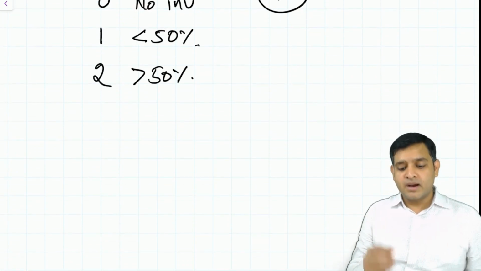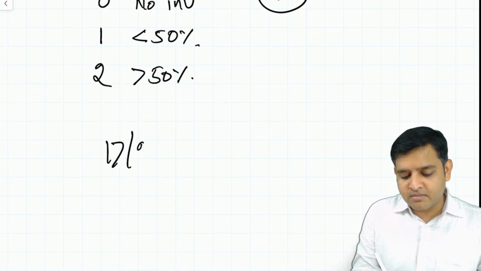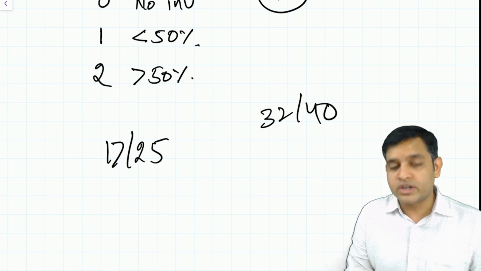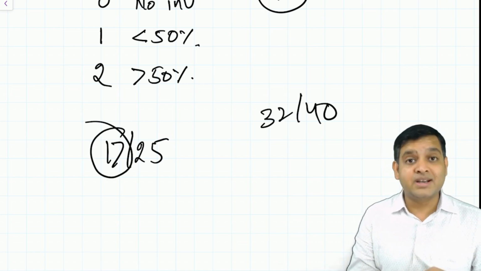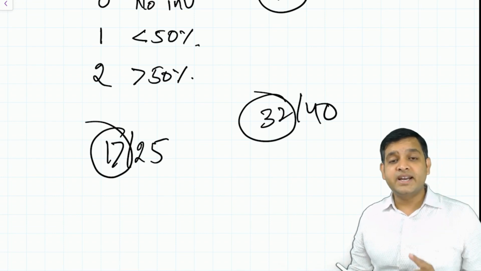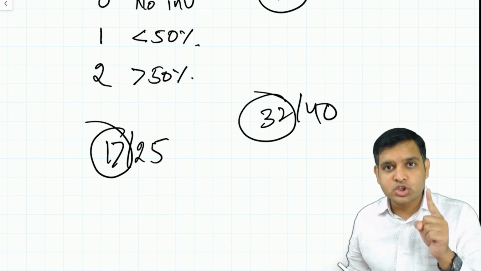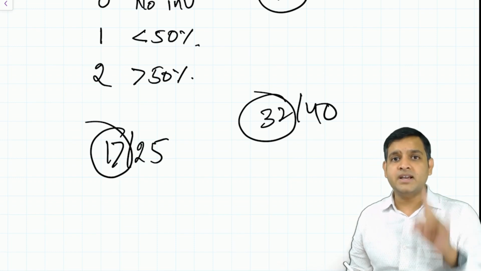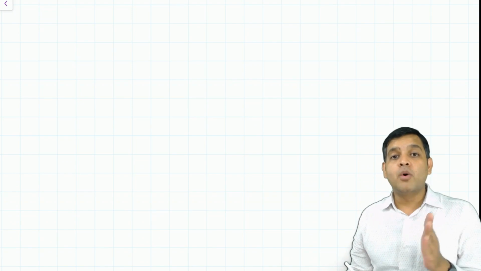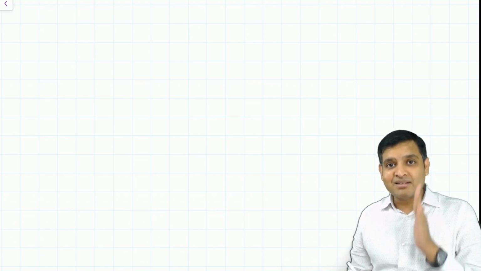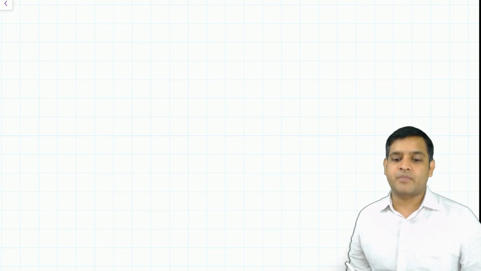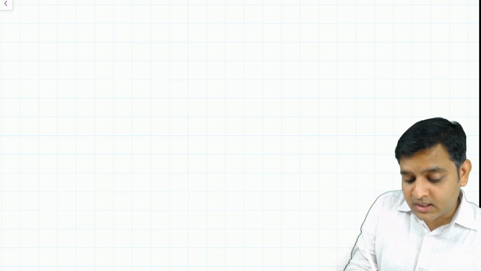So please remember, you can have a value of 17 out of 25 or you can have a value of 32 out of 40. So please remember, this 17 is different, this 32 is different. This is CT severity score. Please remember, CORAD and CT severity score both are done in radiology, and the most common investigation that is done is HRCT. Now, what is this third value?